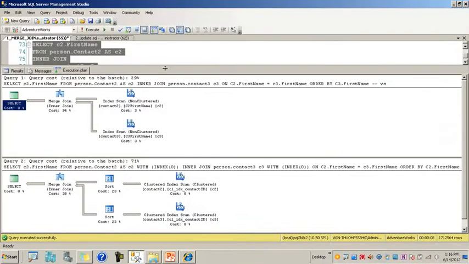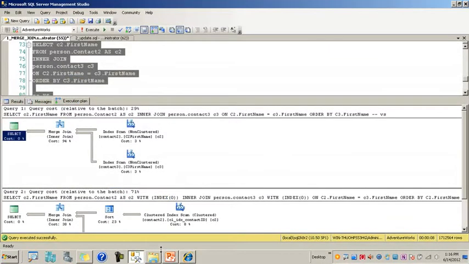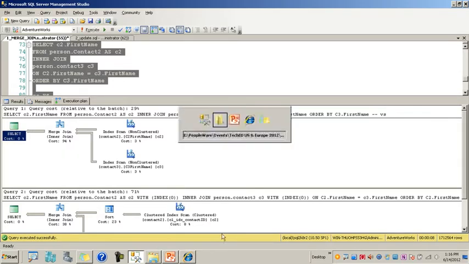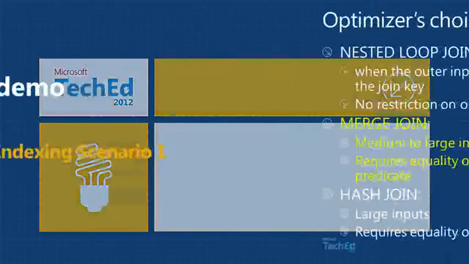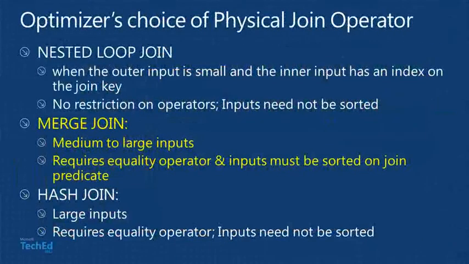Now this example is a pretty simple example that I showed you, and I'm going to follow up on this example with a more complicated one in the next demo. Back to the concepts. What I really wanted to focus on is how is the physical join operator related to indexes, right? Because you have the right indexes, SQL Server utilizes those indexes, and it helps in improving the performance using the